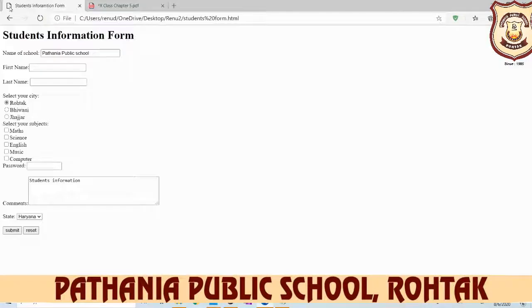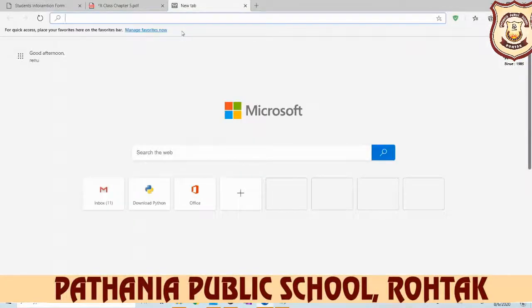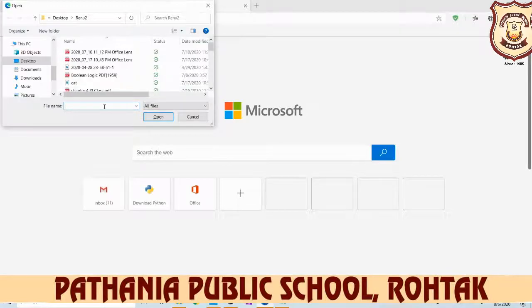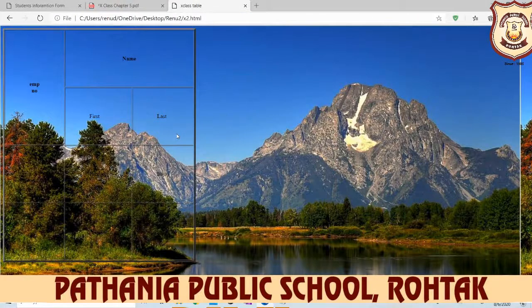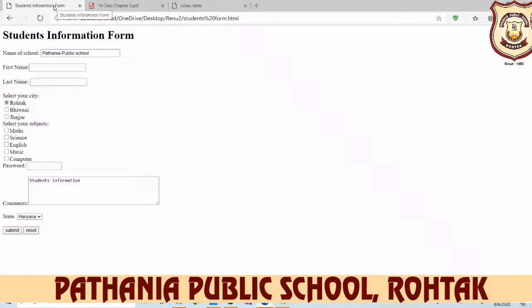Okay, and then we see this is your output. If you want to open it again, use Control O and write the name of the file. For example, here we want to open 10th2.html, so use 10th2.html and click on open. Here the student information form web page is open.